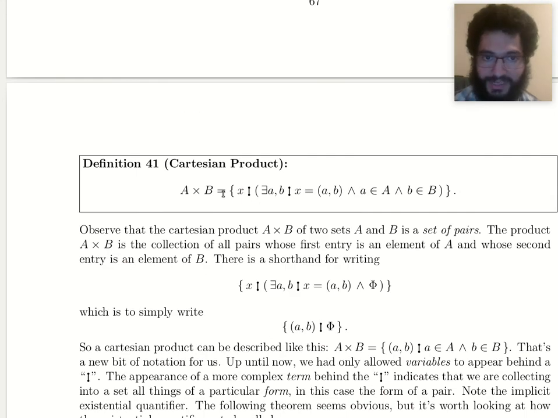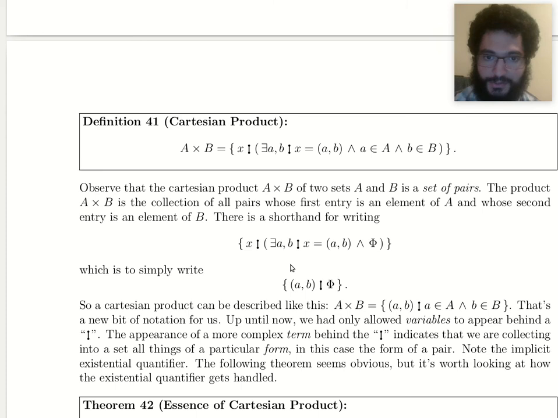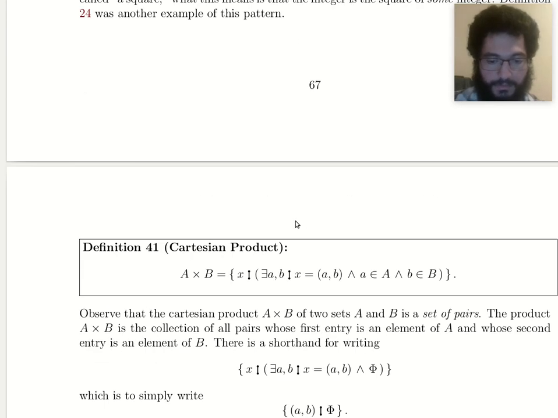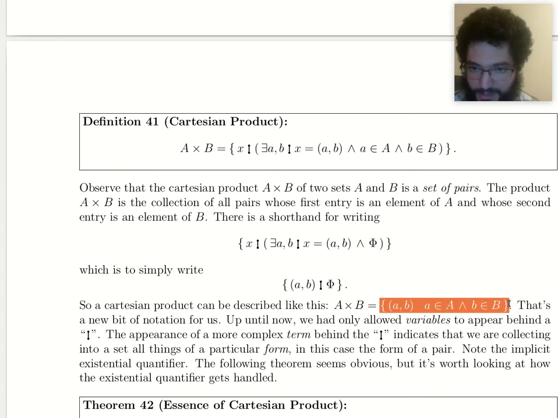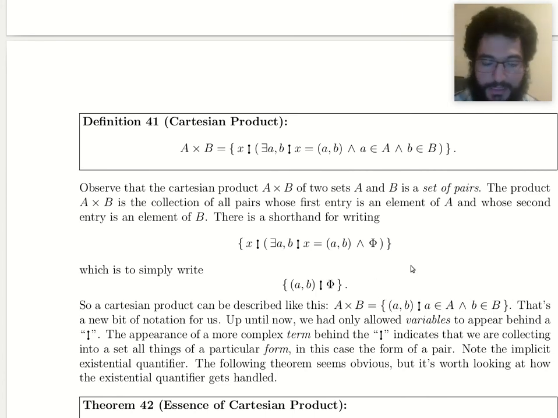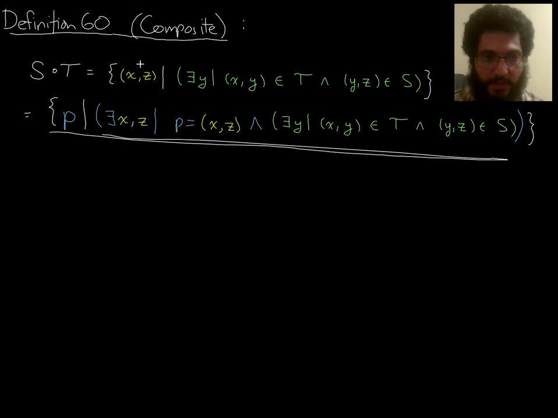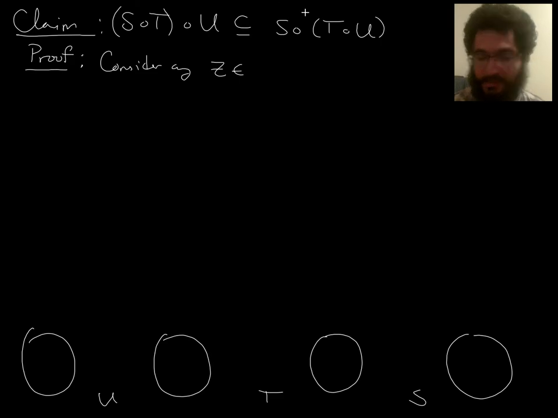One way to know is to look at the definition, at least the shorthand version of the definition. There it is, here. And you can see the Cartesian product is a set of pairs. Well, it's the same deal with composition. Back here, looking at the shorthand version, you can see that it is a set of pairs. And of course, this is something you can prove, not just observe. But the point is, I can skip some of the repetitive steps by saying consider any, and then let me call it